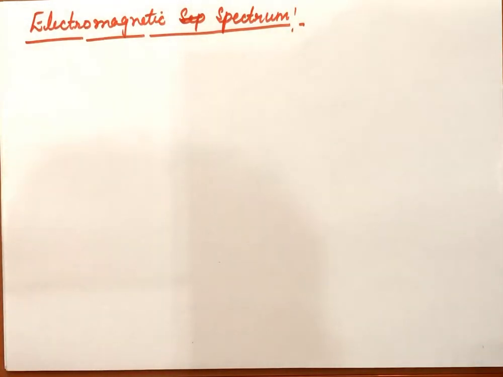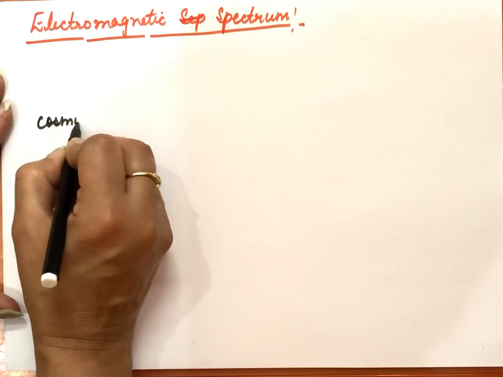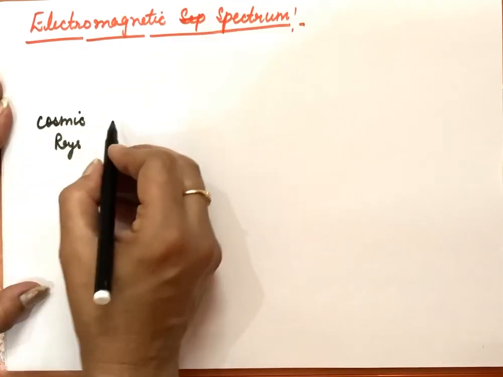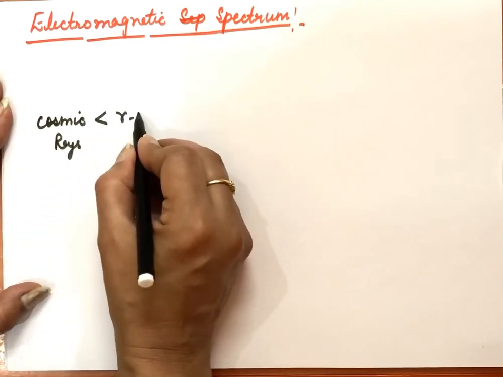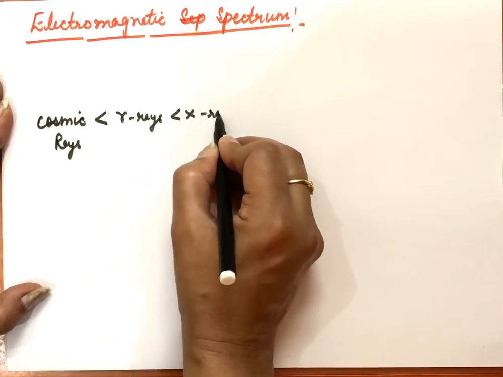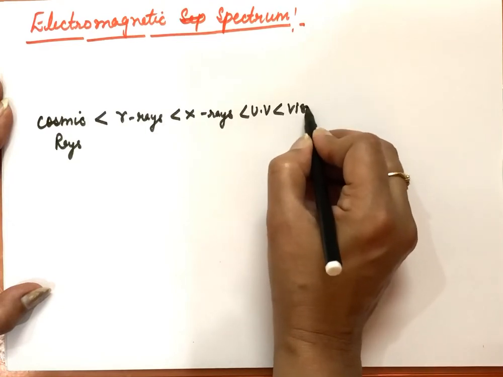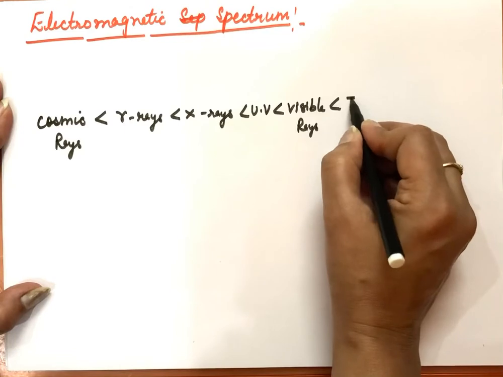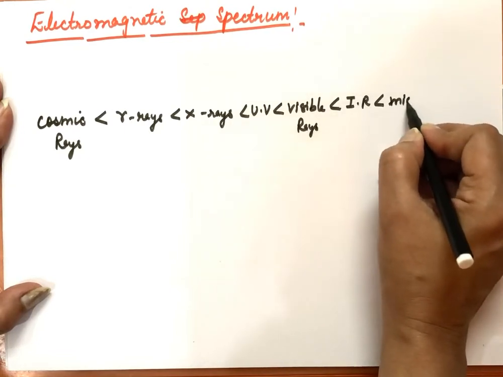If we start arranging all these in increasing order of their wavelength, like I'm taking cosmic rays, lowest wavelength is of the cosmic rays. After that, gamma rays. I'm arranging according to increasing wavelength. So when we arrange them like this